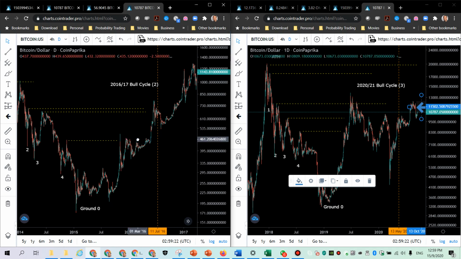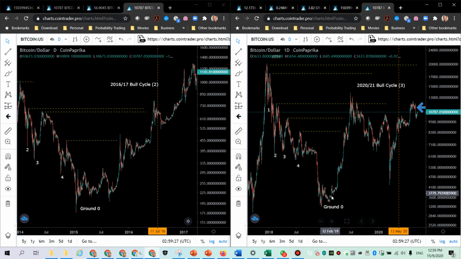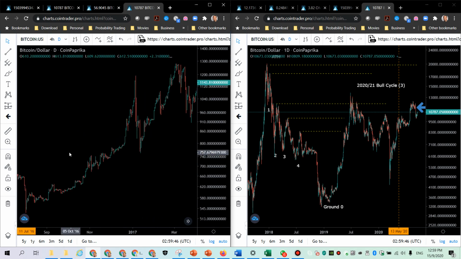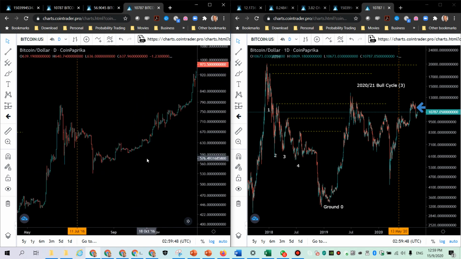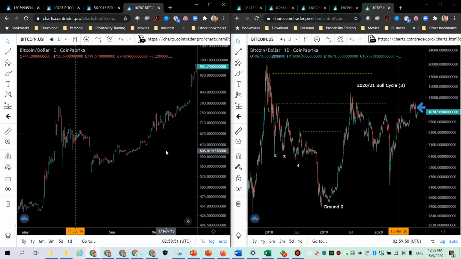Like I said, this fractal here, it's down there. It's much smaller, and this bigger fractal that is hitting all this resistance is indicating this one over here. So as such, let's zoom in over here and see where the price action could be. So let's zoom in. 2016, 2017. So this would be the fractal here to compare against, right?